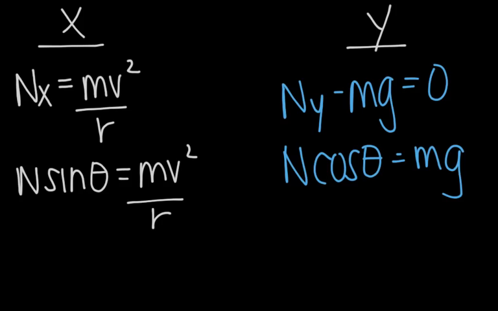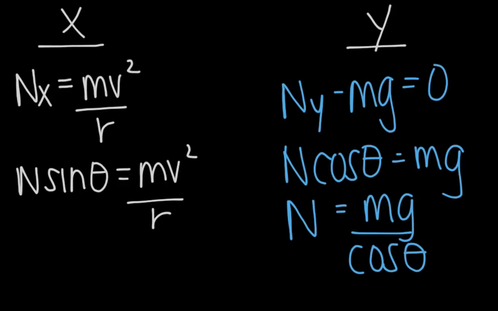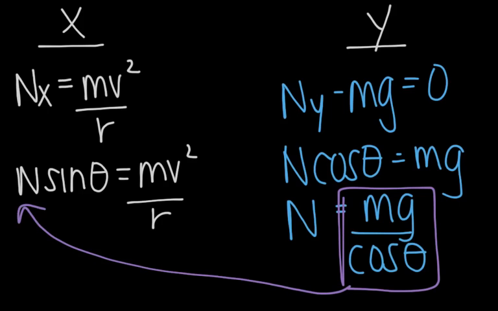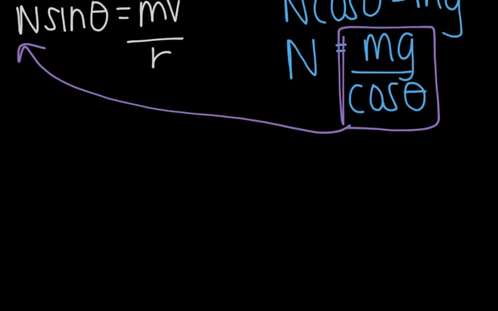What we can do from here is we can solve for the velocity that we can move at. We can solve for the angle that it needs to be at. We can go from a bunch of different things. So let's first look at the angle. So now let's solve for n, and we can plug that into our other equation to solve for velocity. We'll take this and we'll plug it in here, and we will get